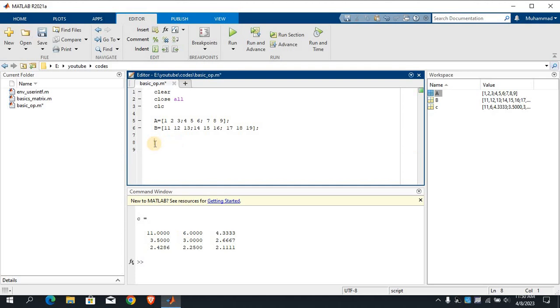Let's do this. For multiplication, A dot asterisk B. Now check the result. Here I am having a point by point multiplication of both the matrices, and its result is stored in C. So similarly, if we want to add, addition is always point by point, and subtraction as well. So